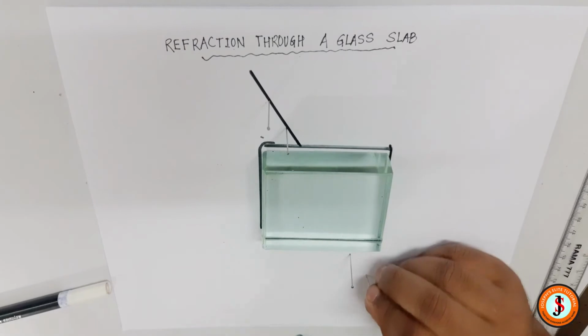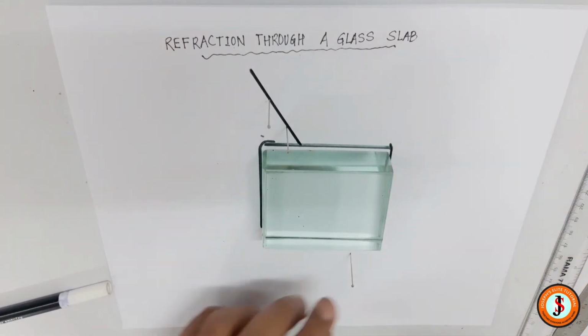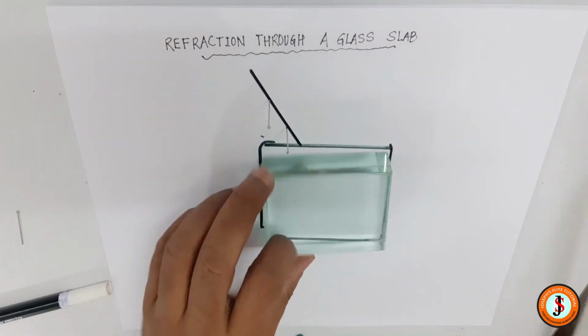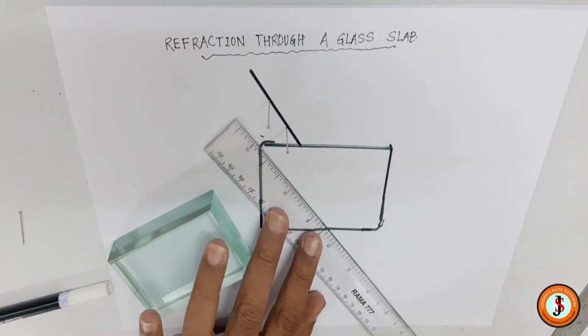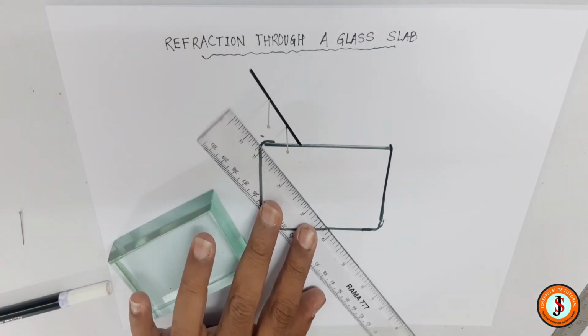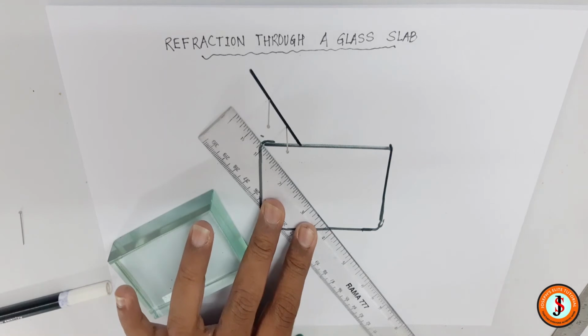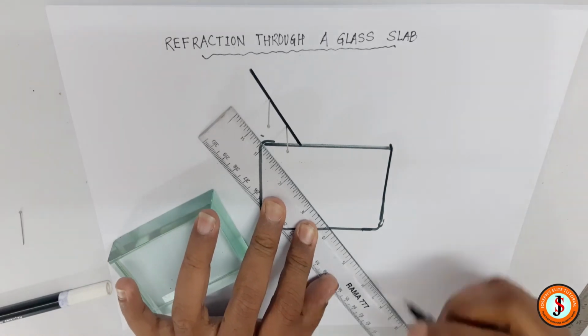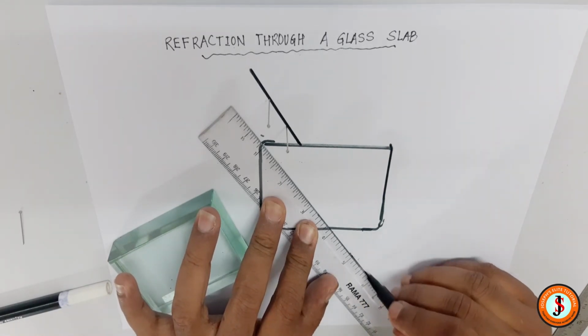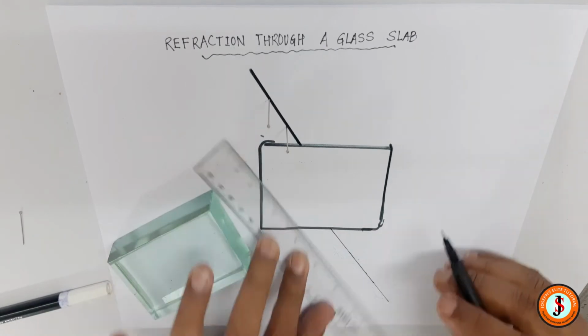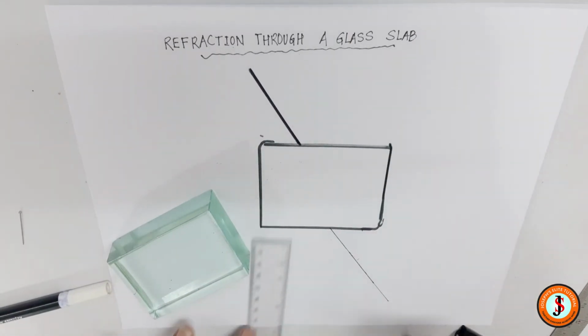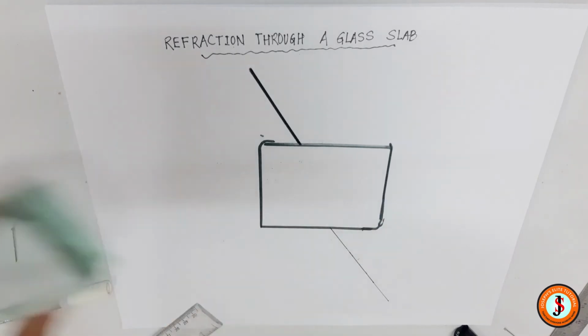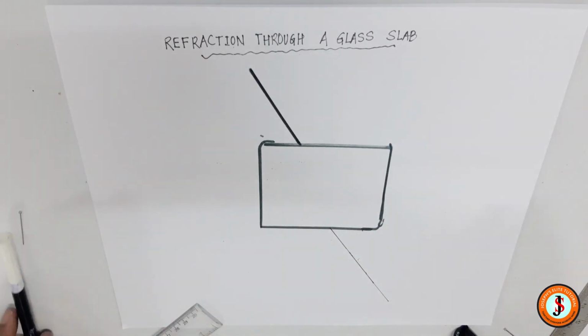So I mark the points over here, and then I remove this and I make the scale line over here with the two pins. All right, with the two pins I make a scale line over here like this. I am joining these two points, and I am removing this also. Now just see the fun, what has happened. I removed this. Now see what has happened.